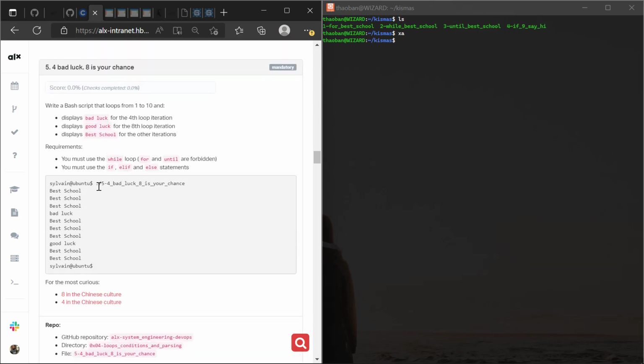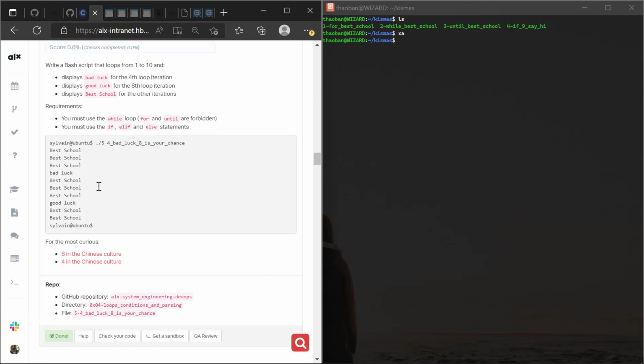So in the number 5th one, we have to write a script that loops from 1 to 10. In the 4th iteration we want to print bad luck. In the 8th iteration we want to print good luck, and in the rest we want to print best school. So I think in this case we are going to use if, elif and else, right? Because we just want to check two conditions. So it will now be